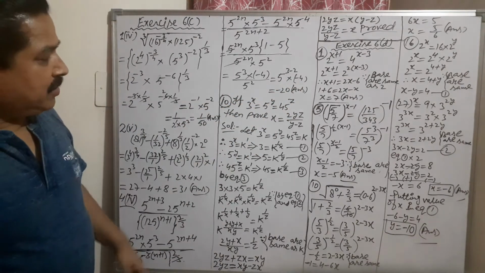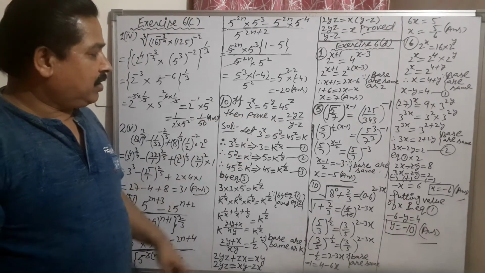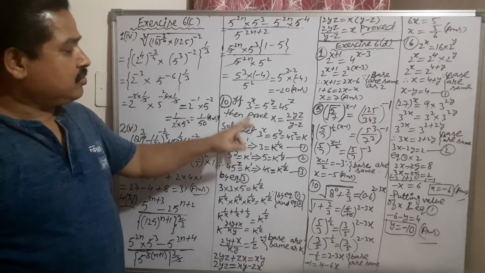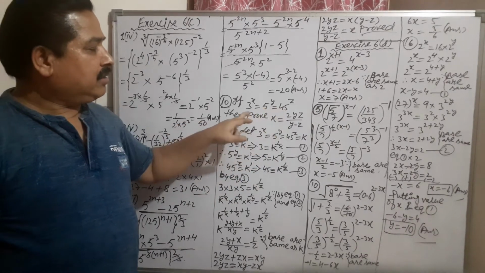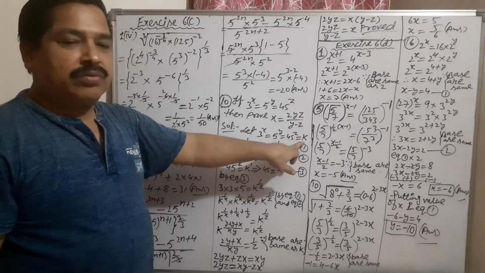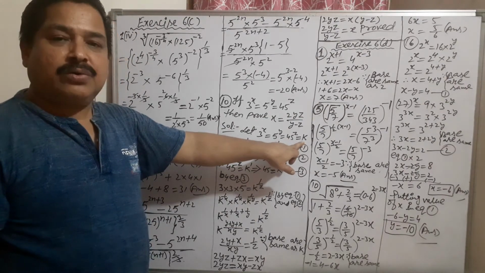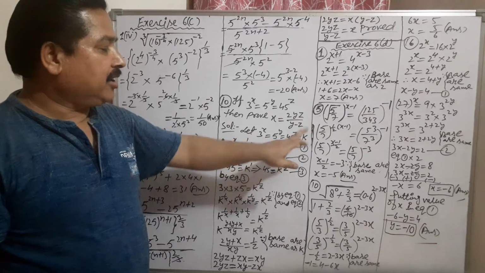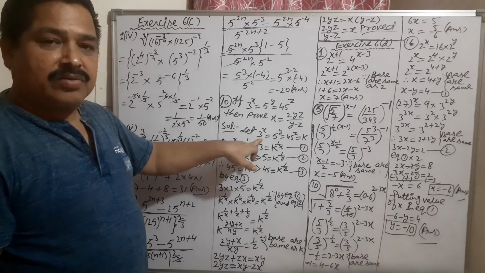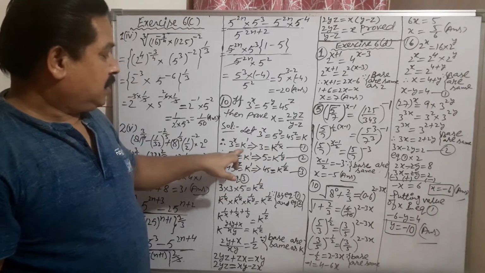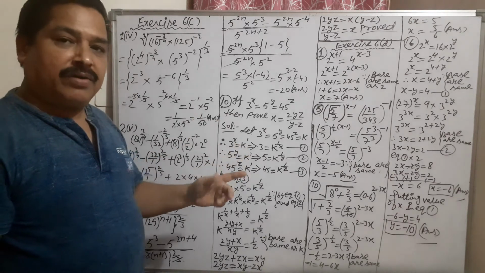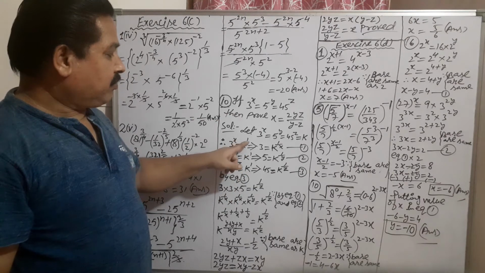Now see the 10th question. These three parts are given as equal, and prove that x is equal to this thing. See the solution. When these three parts are given as equal, we consider something. Suppose we take them as equal to k. All these three parts are equal to k. So we will compare first 3 to the power x with k. 3 to the power x with k. k means k to the power 1. This x will come over here.